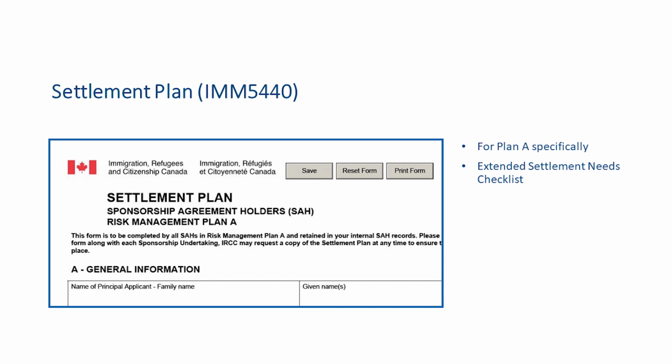And the settlement needs checklist has undergone a significant expansion, offering a more comprehensive and detailed overview of the settlement requirements.